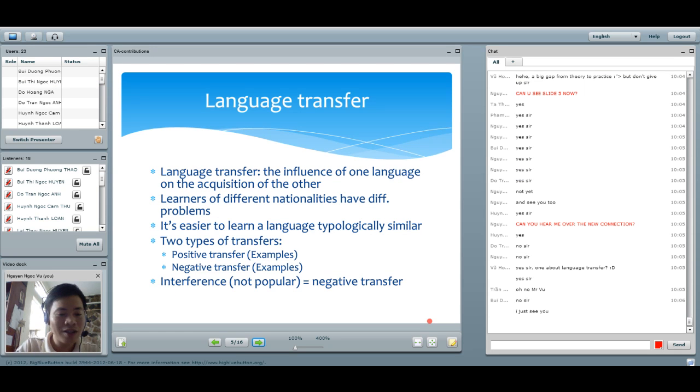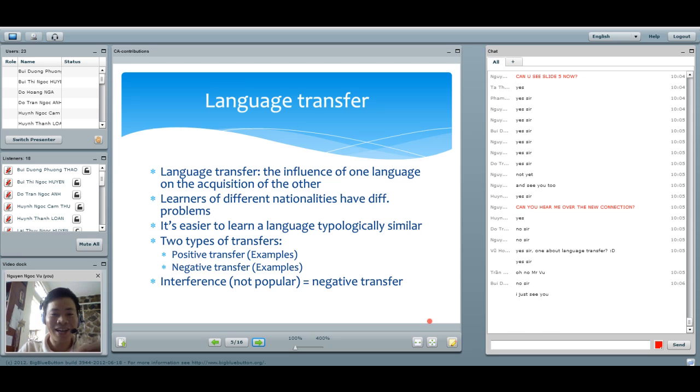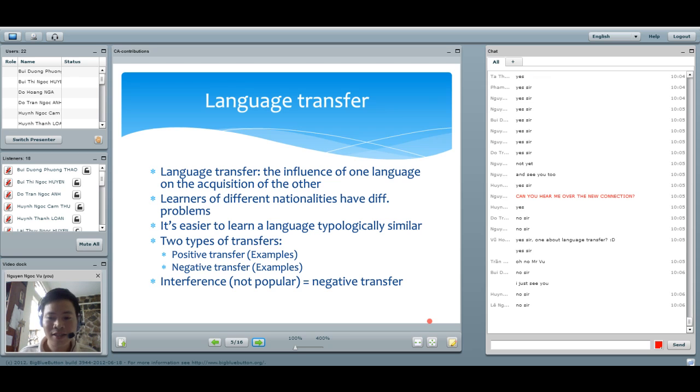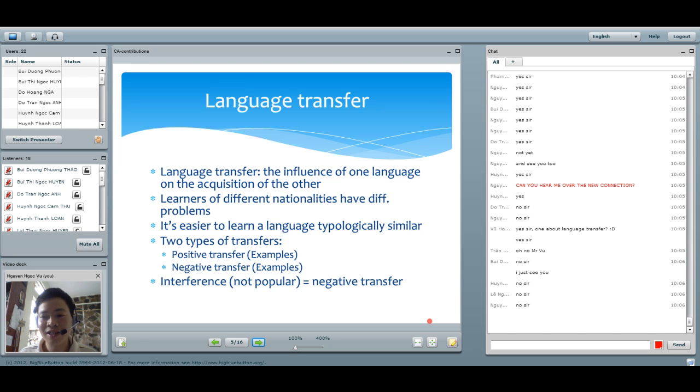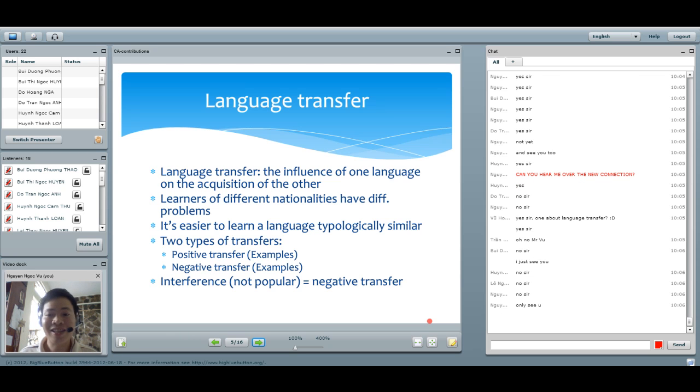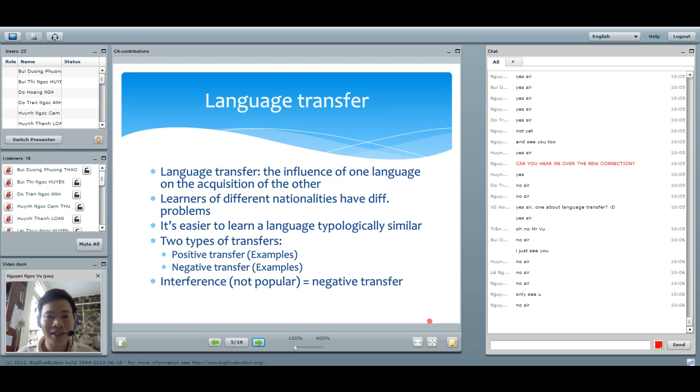All right, we are good to go. Let's keep our online sessions, this very interesting online sessions going with language transfer. I have switched to my 3G connections, and hopefully we will have better bandwidth. And it seems to me that some of you can hear me now. If you cannot hear me, fine, because as I have already told, this session is being recorded via Camtasia, and it will be later uploaded to YouTube. Now, so let's go on with this.